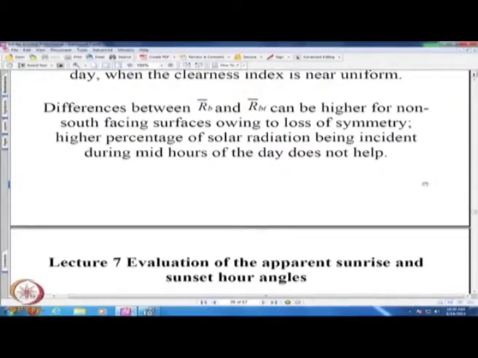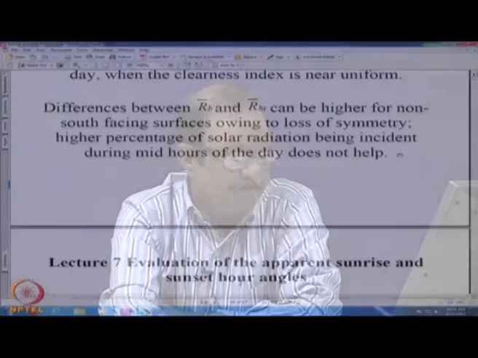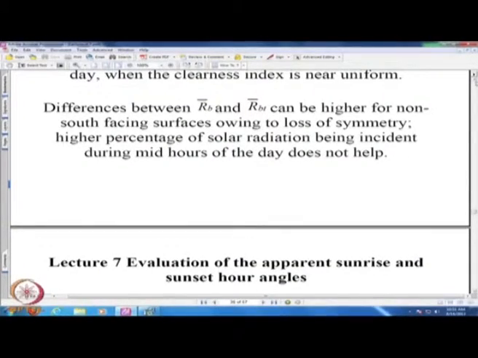So, this brings us to the end of lecture 6. In general, we briefly reviewed the equations we have derived so far and the empirical relations, and then the short term calculation of solar radiation on a tilted surface has been extended to a long term, like for example, a day, and that resulted in, strictly speaking, a summation process or an integration process.